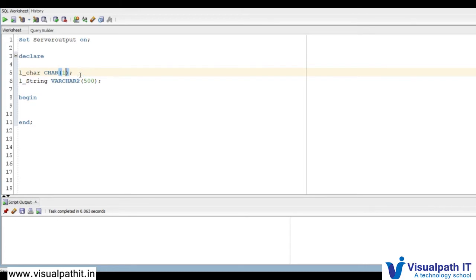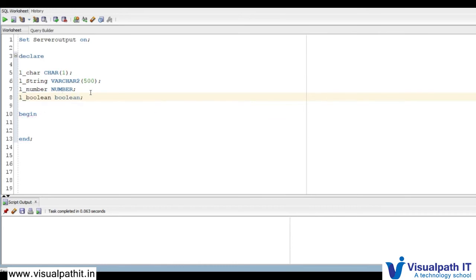I'm storing in bytes, and l_number, number type, l_boolean, boolean type.